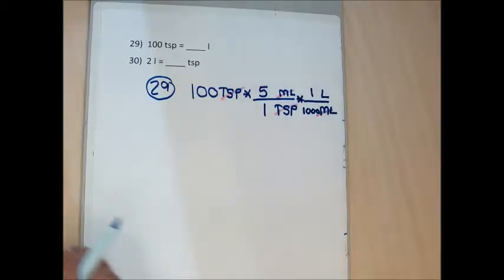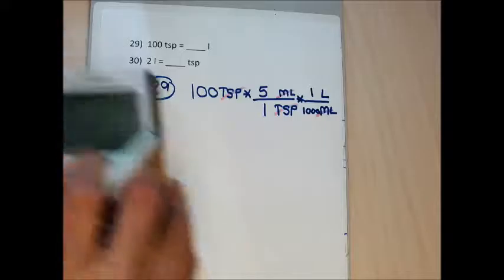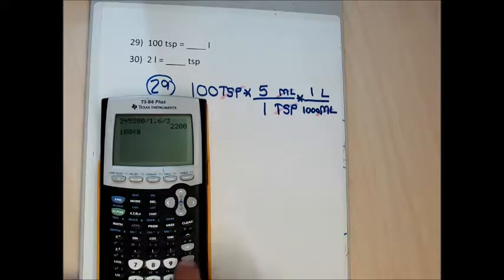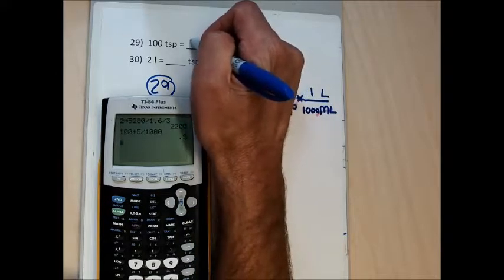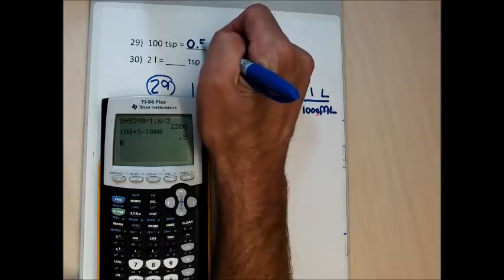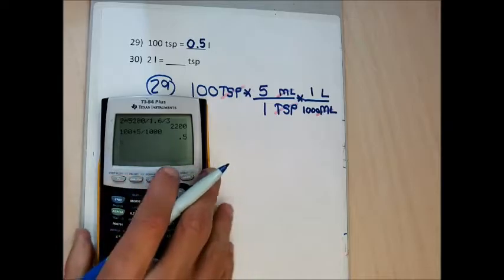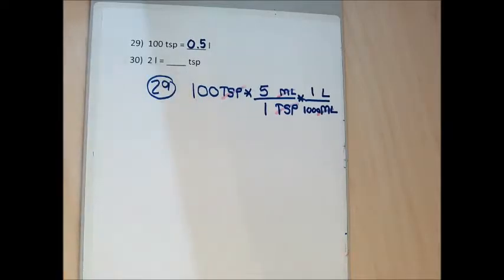I've got my units all crossed out. I just need to pick up my number. I'm going to do 100 times 5 divided by 1,000. And I'm going to get 0.5 liters, or .5. You don't need to have the 0 before the decimal, but you certainly can. So my answer for problem 29, interestingly,